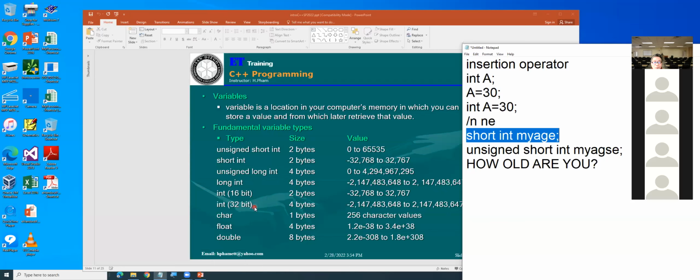Integer 32-bit gives you 4 bytes, depending on new computer or old computer. Character gives you 1 byte of memory. Float gives you 4 bytes. And double gives you 8 bytes. That's just telling you how much they will give you in the memory of the computer.